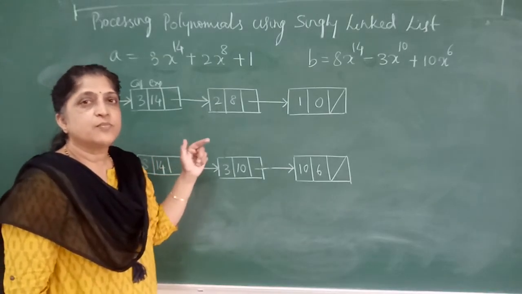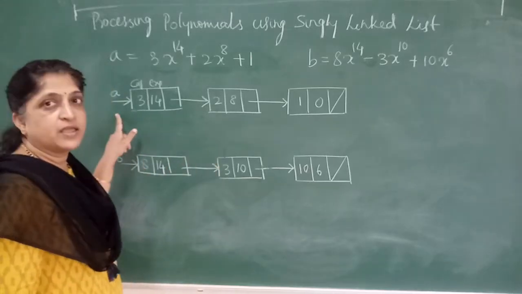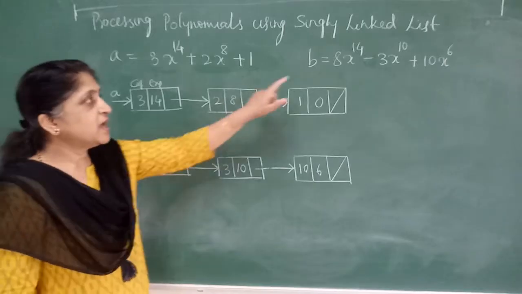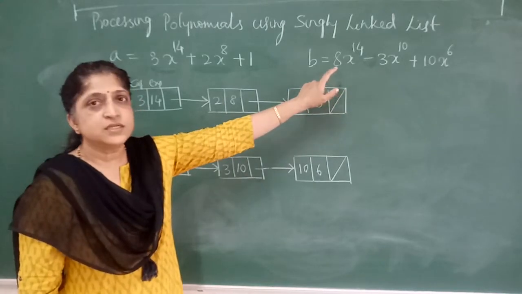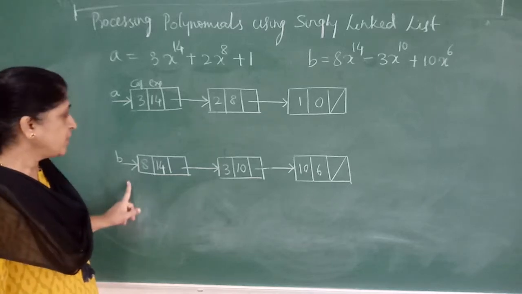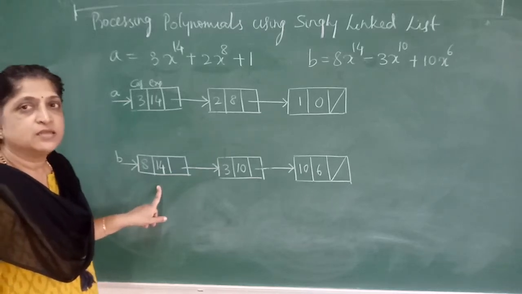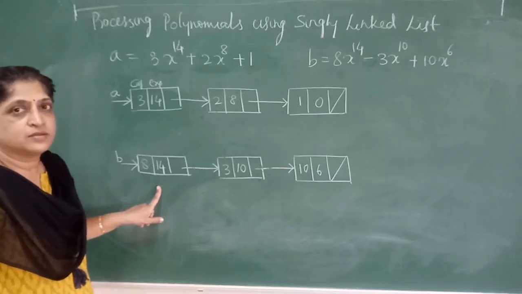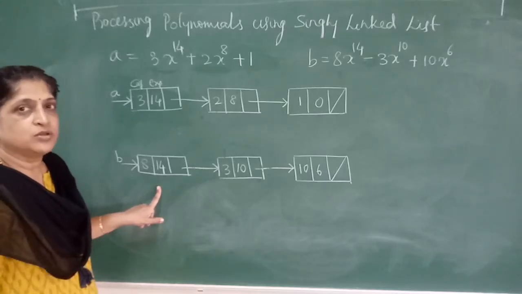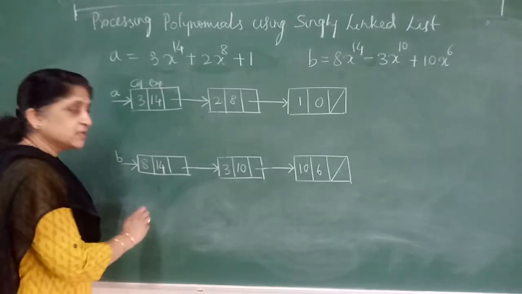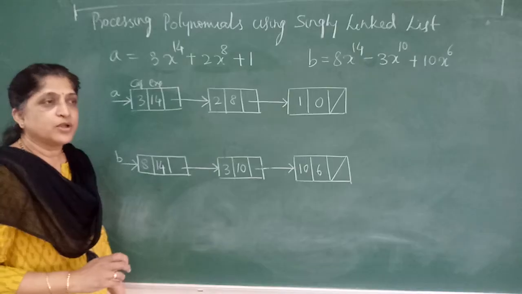And we have to maintain a pointer to this. Here we have A, which is a pointer to this list. Similarly, I have represented the polynomial B here, and we have a pointer B pointing to this second polynomial. Now, we want to add these two polynomials. So, the sum polynomial will be stored in another list and C will be pointing to it.